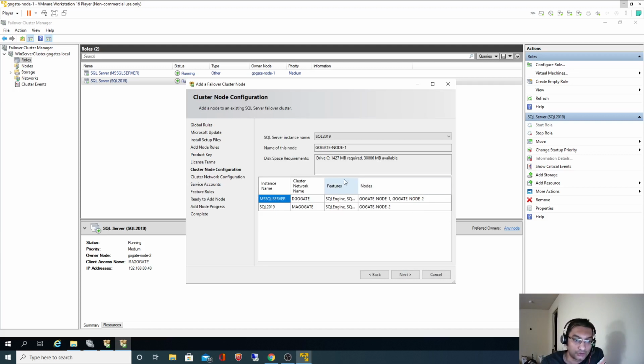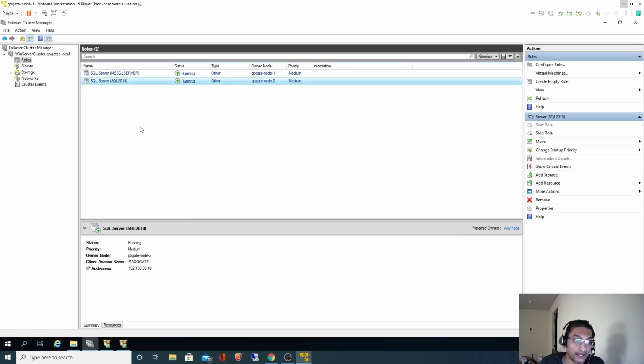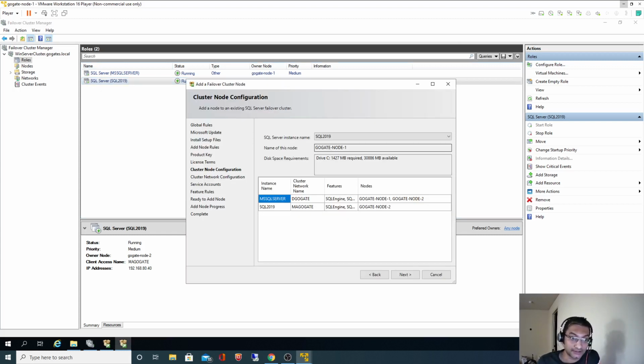Okay. Now we don't have to modify anything here, but let's go through it. So SQL Server 2019, this is the SQL instance, and we are going to add this node 1 as a failover node to this instance. That's why it is saying SQL instance this. And this is a default instance, and node 1, node 2 are both there. For this, node 2 is there because currently node 2 is the owner. We are going to add node 1 also here. So I will select next.